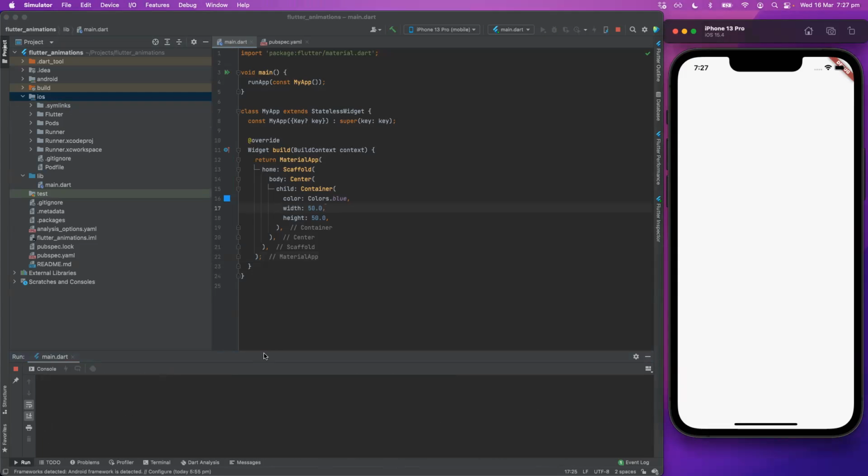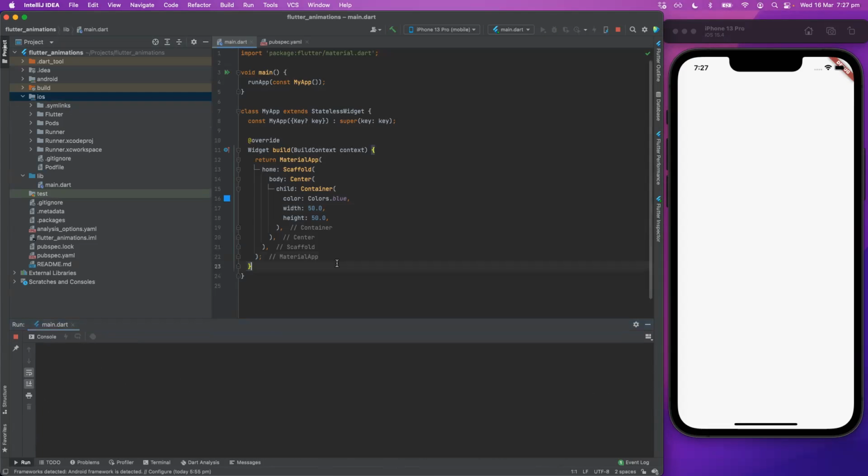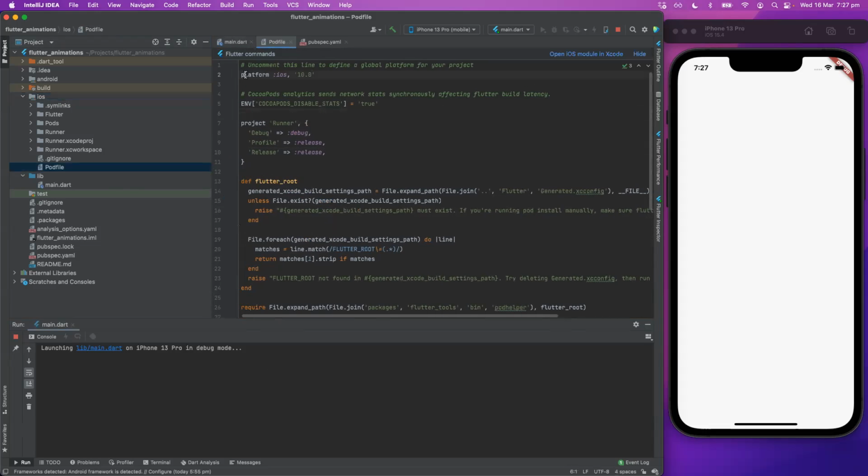Okay, let's try again. Yeah, that's because I had a different project in that directory before, and some of the files might just remain.